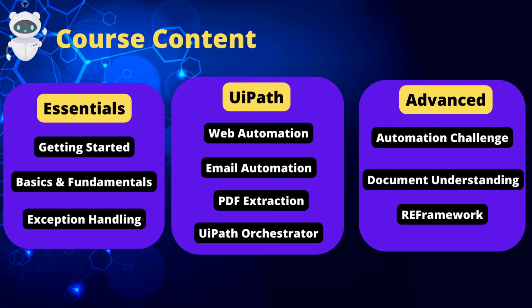So this course teaches you UiPath from scratch in a practical manner, step by step, by diving first into the core basics and then exploring different automation scenarios and learning also advanced concepts like the UiPath document understanding and